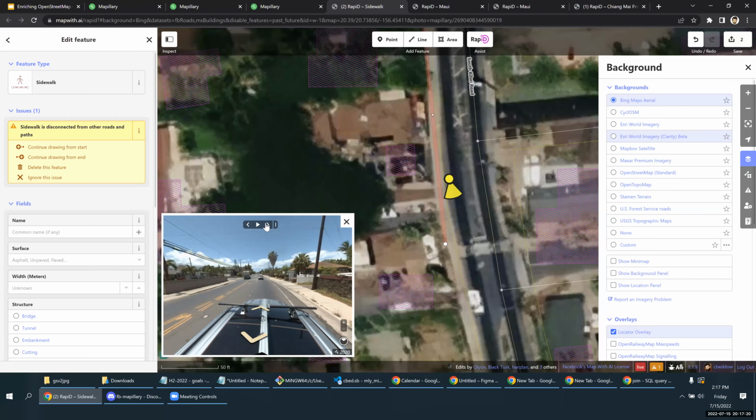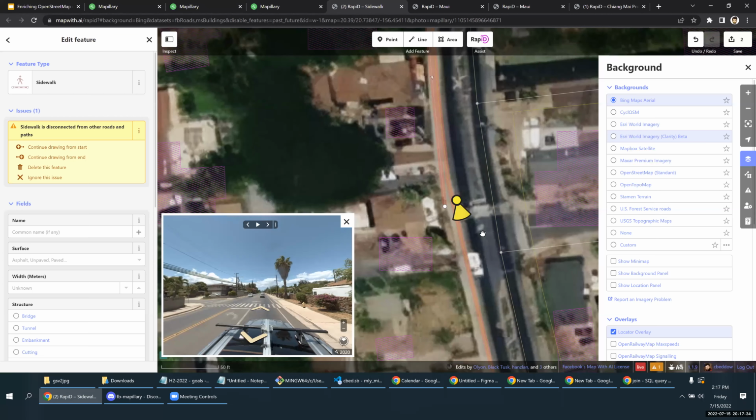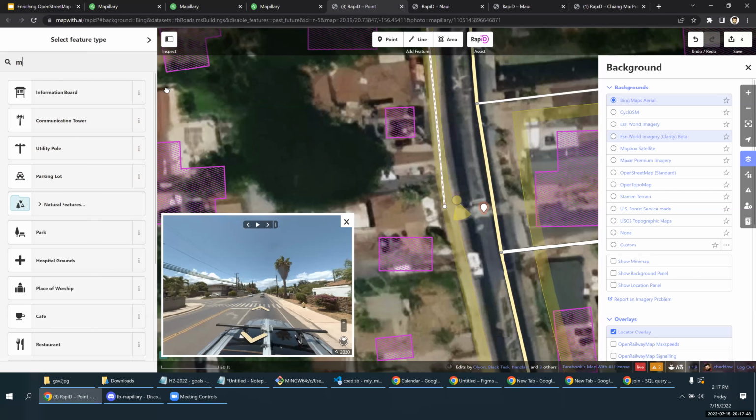So moving down this street, I can see something in the road, and from aerial, it's not really clear what that is. It might be a bridge, but we can see really clearly in the street level there's a crosswalk. So it's a great opportunity to go back to the map. You can use the W key to turn off wireframe mode again. And I can push the number 1 on the keyboard or click the point on top and drop a point right there. And I would call this a marked crosswalk. So let's see. Actually, I first need to move this point to be on the road, since that's the road it's crossing. Now that it's there,